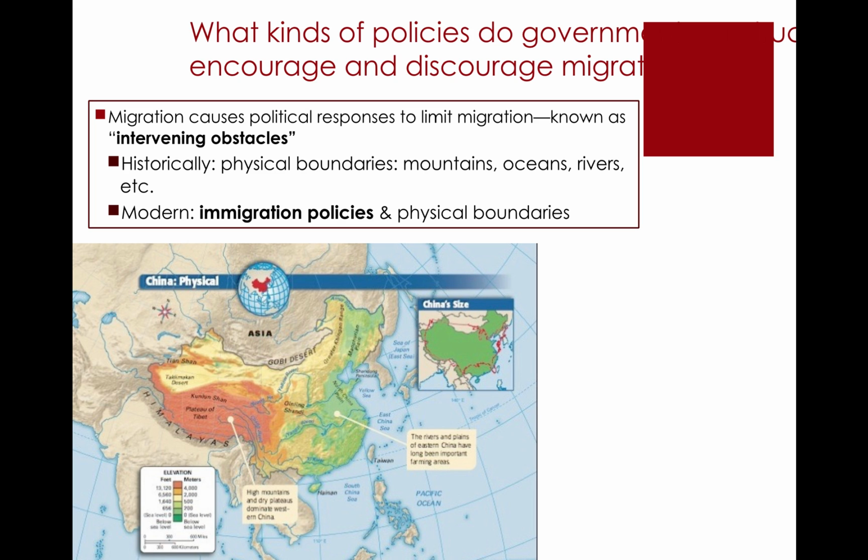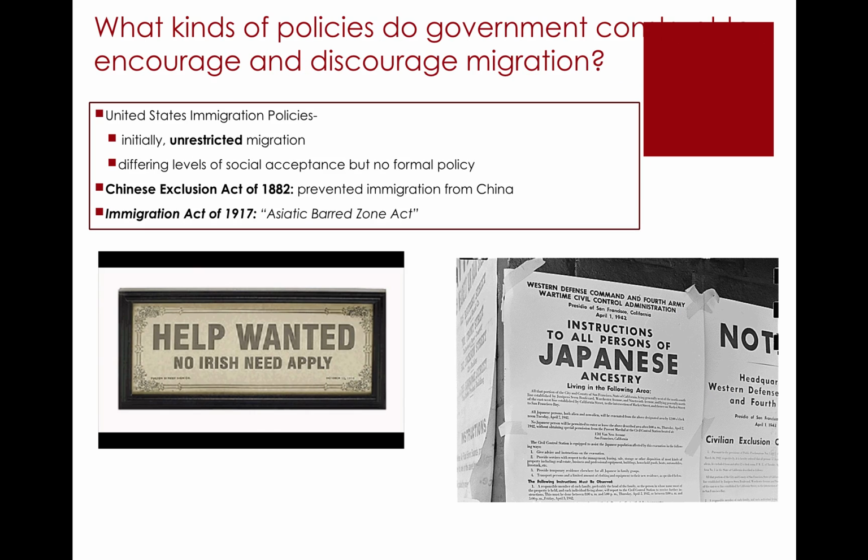In modern day, those physical boundaries, of course, still remain, but governments often construct very deliberate and specific policies to limit migration. So we're first going to talk about the policies that discourage, and we're going to weave in our discussion about encouraging migration. An example of those historical and modern physical boundaries would be here in China. We studied this when we studied the development of China in world history, that we see the Himalaya Mountains, the Gobi Desert, the plateaus and deserts in the west, all function as natural boundaries that prevent immigration, thus leading to the isolation of China for many years. So that's the historical setup for what these immigration policies are.